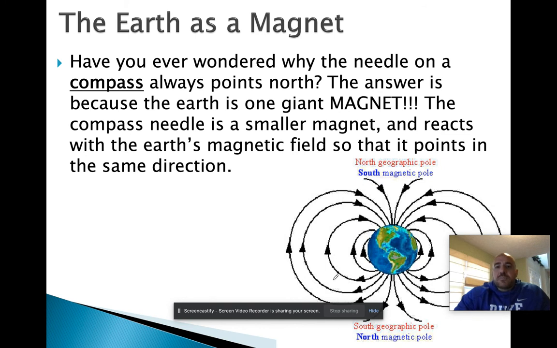So this compass needle is a little magnet, so it will always align itself with the North Pole of the Earth, which is due to, and I don't mean the North Pole like where Santa lives when you were little and thought that. I mean the North Magnetic Pole, which is actually the South Geographic Pole, which makes no sense. I know it's confusing, but the North Pole where Santa lived, pretend lived, is considered the South Magnetic Pole, and the South Pole where Antarctica is in real life is the North Magnetic Pole. So that's the direction that the compass is